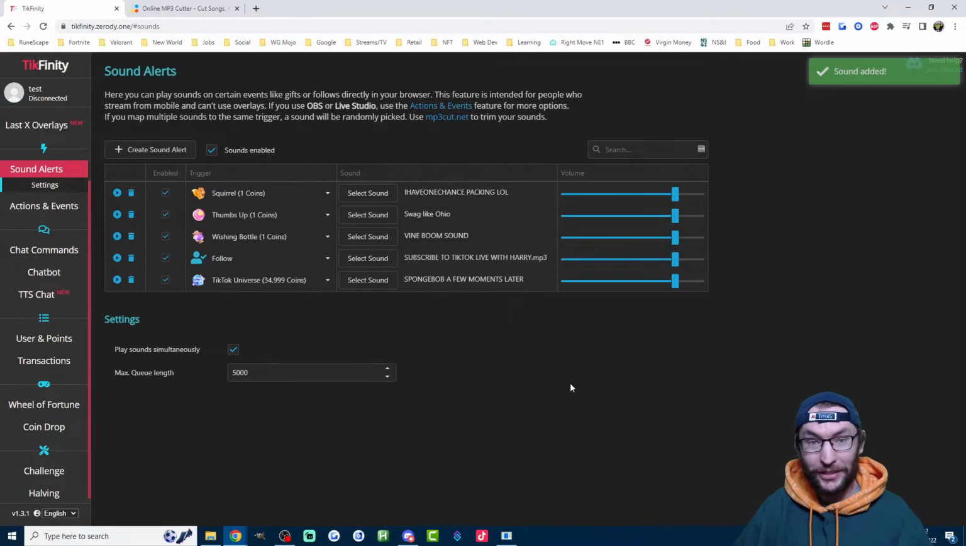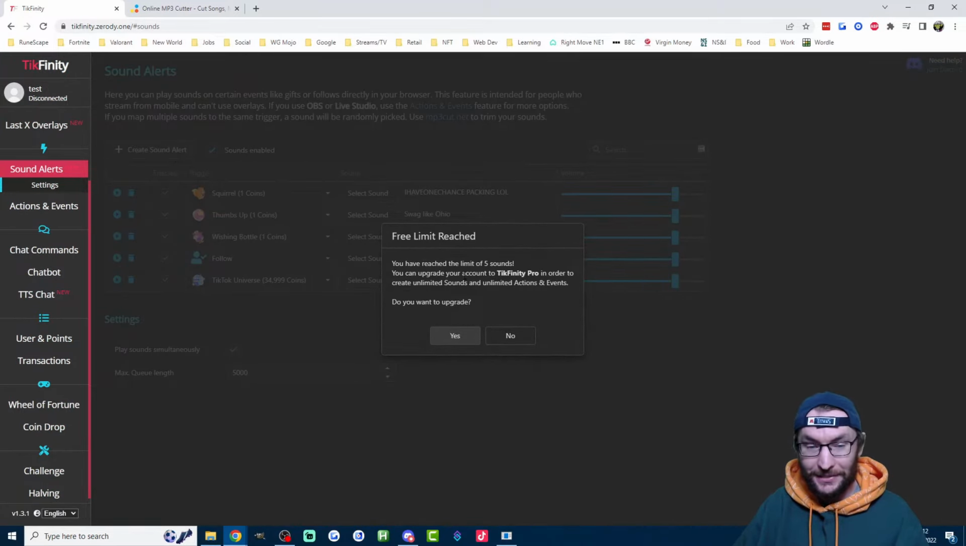I've just set up 5 sounds in about 2 minutes. But let's see what happens if we try and create the 6th one. As you can see, it says you need to upgrade your account to TikFinity Pro in order to use unlimited